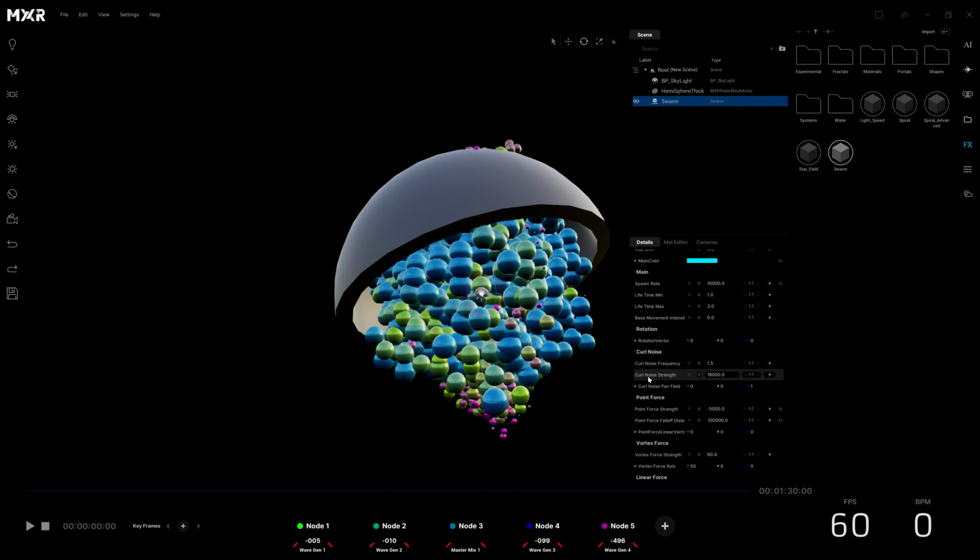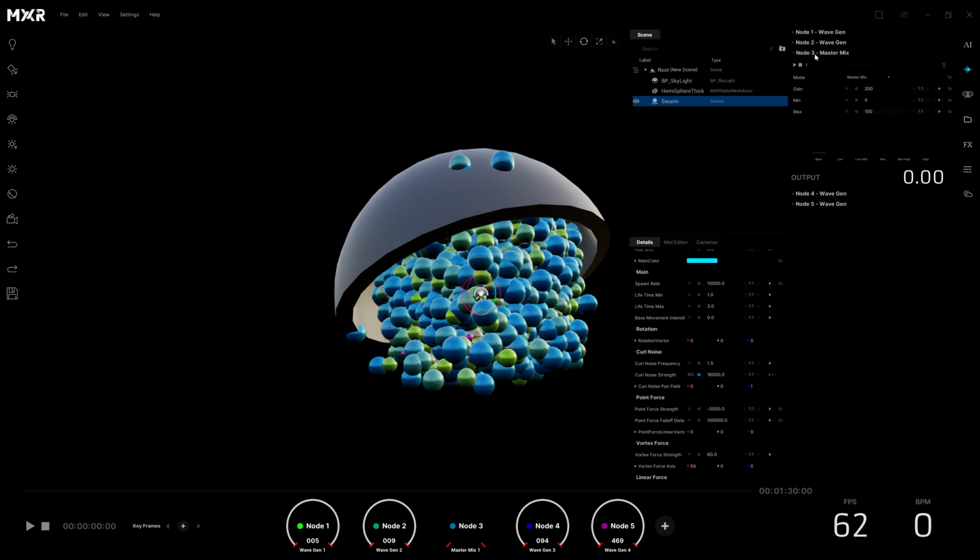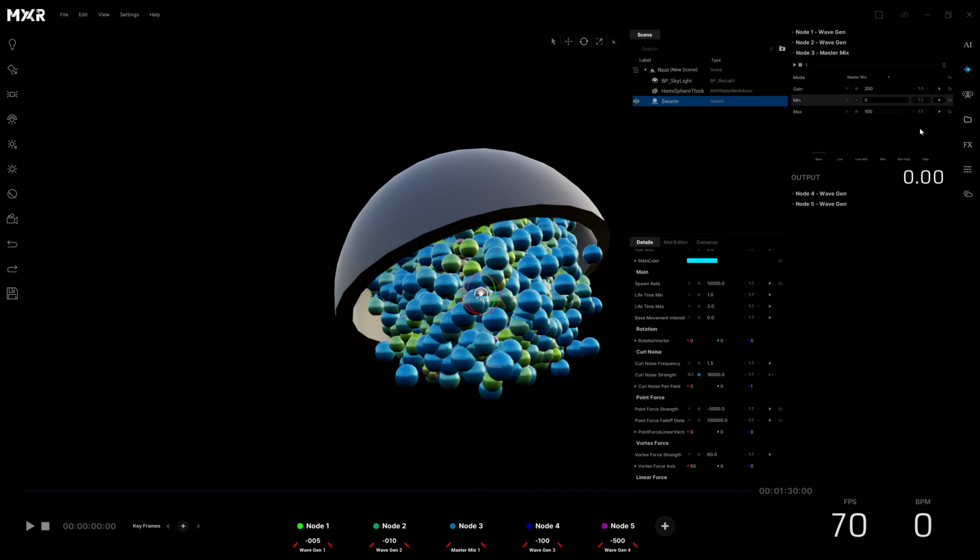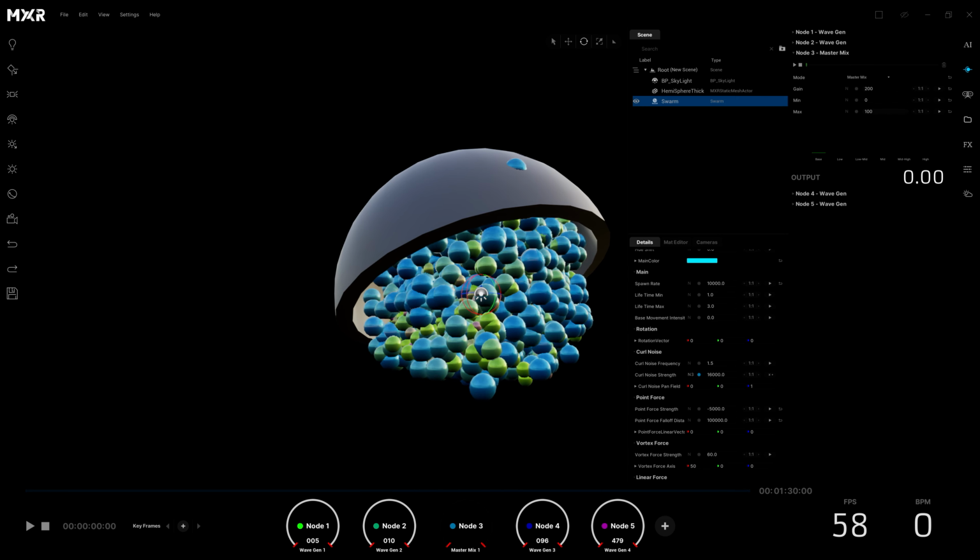So I'm going to attach node 3 into the curl noise strength and set that to multiply. And then we go to the nodes tab and we look at number 3, and this is set to the master mix for audio input, and it's set to bass. So if I turn on some music,